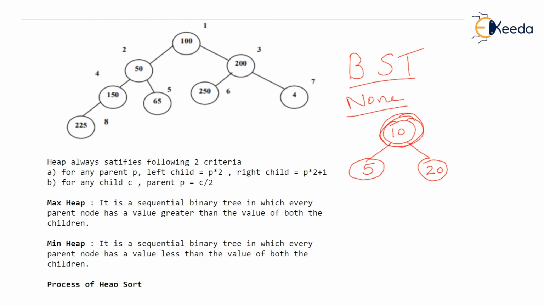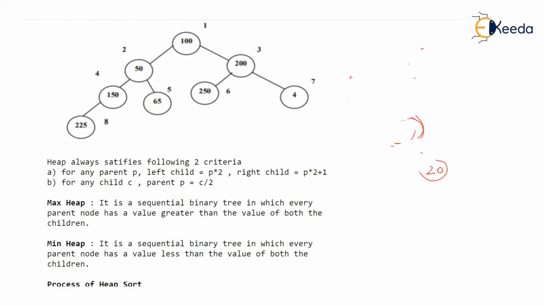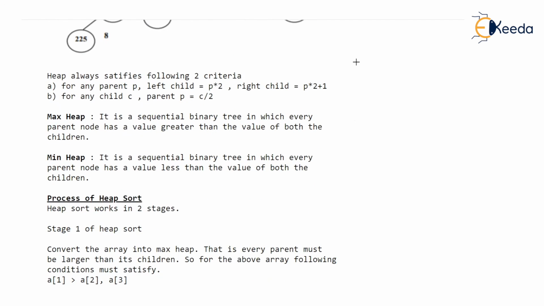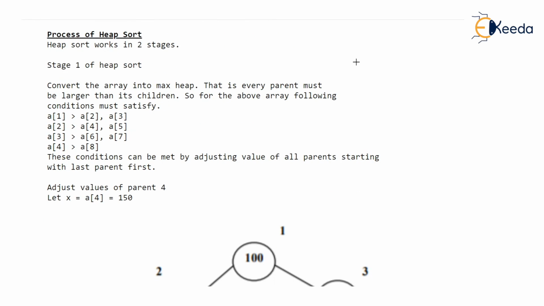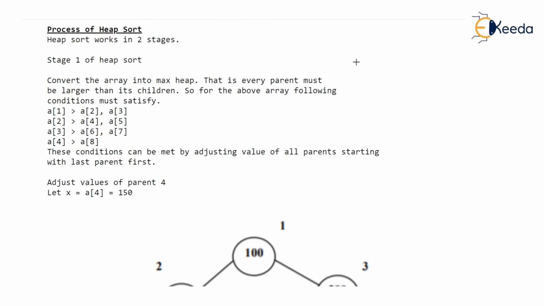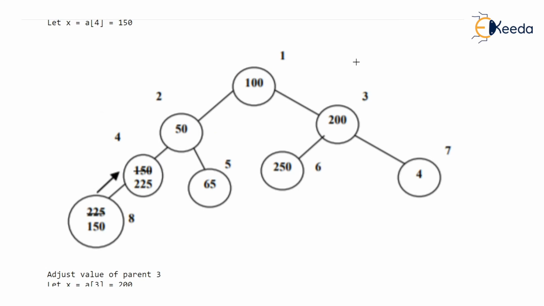So we have spoken about what is heap, how to represent an array in the form of heap, what are the properties of heap, given a parent number, how you can find out the child number, and vice versa. And we have seen what is max heap and min heap. In the next video, we will start with our topic heap sort once we have understood what is heap, and we will use these concepts which were learned in this video in big detail while we are sorting the array using heap sort. Thank you very much.